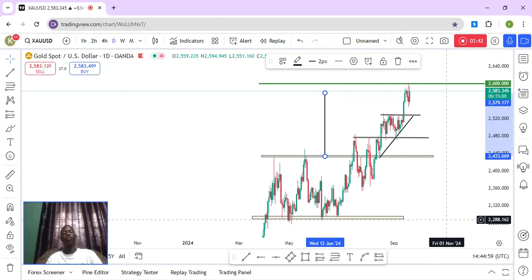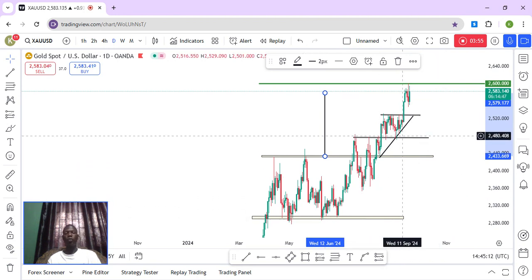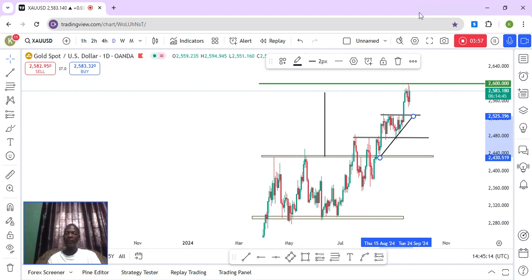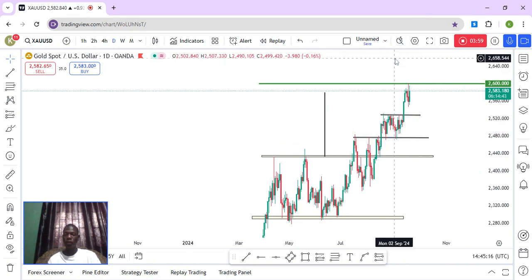So what do we do now in this case? Everything I said was in the past. Our job now is to find an entry opportunity, to find the best trade possible right now. So what are we going to do? As you can see, I've mapped out some levels pretty nicely. We'll just be waiting for a pullback on gold.